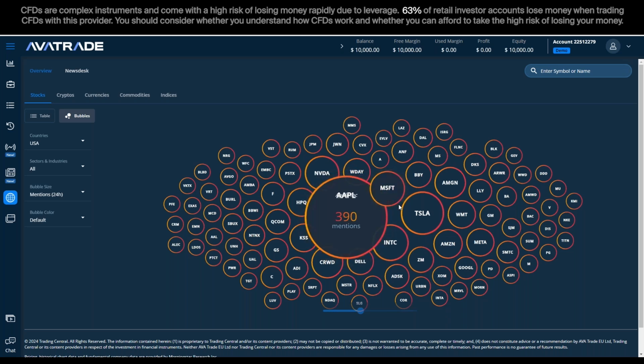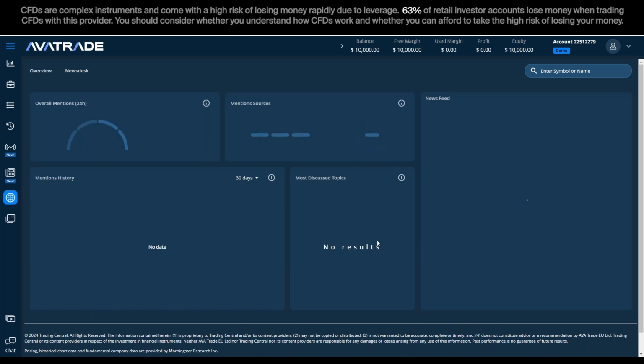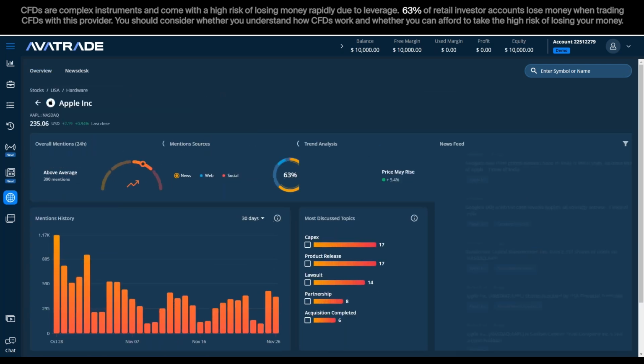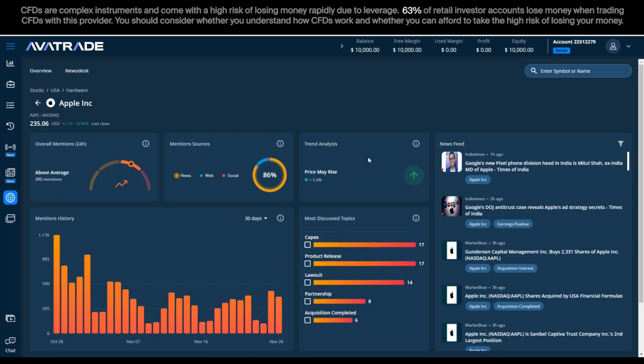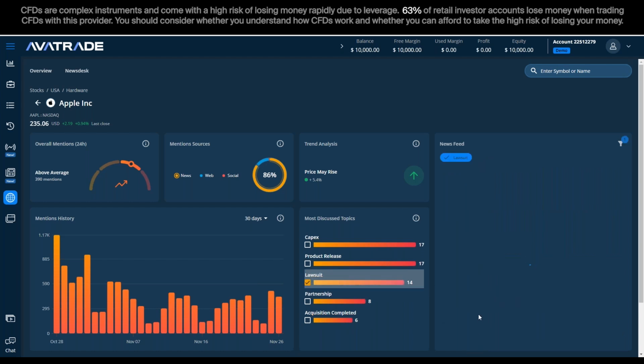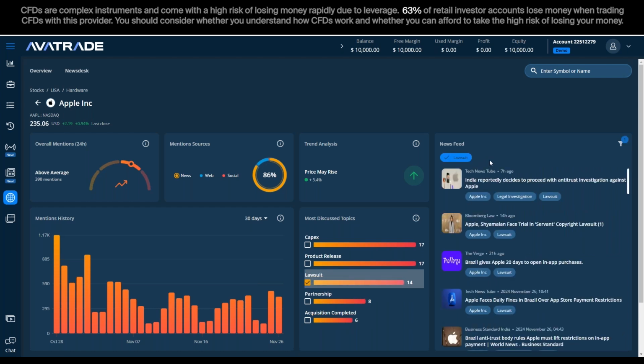By clicking on one of them, let's say Apple, we get to this screen. And on the right, we have all kinds of news. I don't have to go through this randomly. I can specify if I want to go for CAPEX or product release or lawsuit. We don't have to be too good with fundamental analysis to know that a lawsuit might not be a good sign, right?